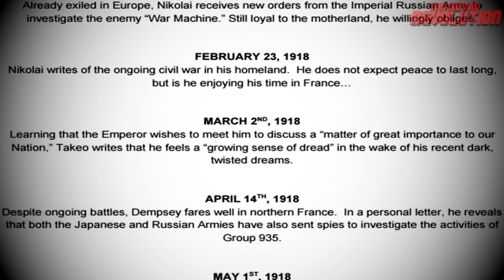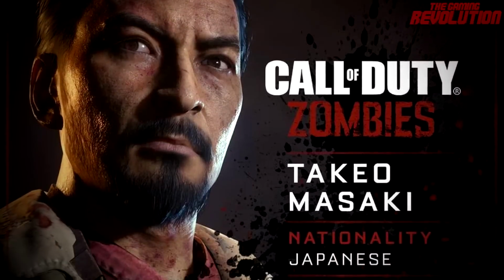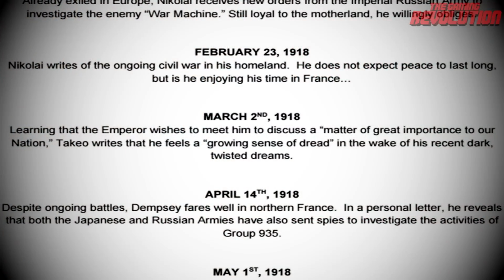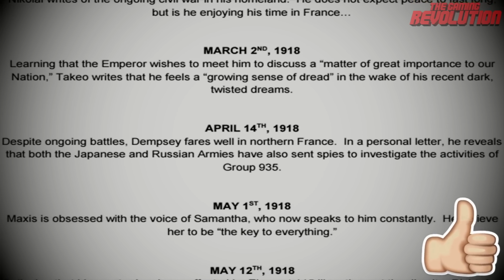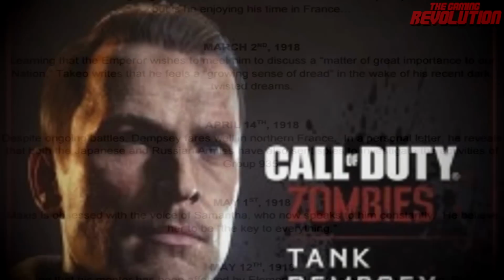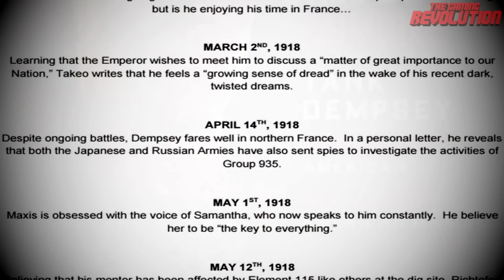On March the 2nd, 1918, learning that the Emperor wishes to meet him to discuss a matter of great importance to our nation, Takeo writes that he feels a growing sense of dread in the wake of his recent dark, twisted dreams. On April the 14th, 1918, despite ongoing battles, Dempsey fares well in northern France. In a personal letter, he reveals that both the Japanese and Russian armies have also sent spies to investigate the